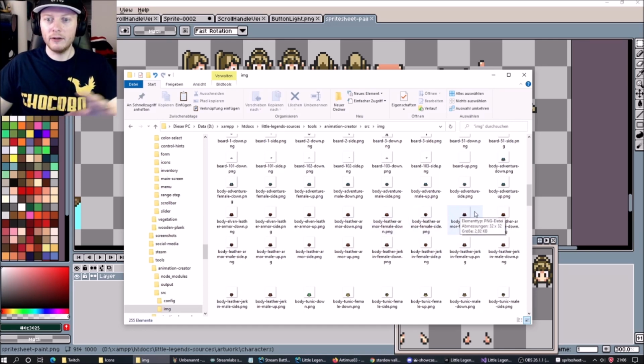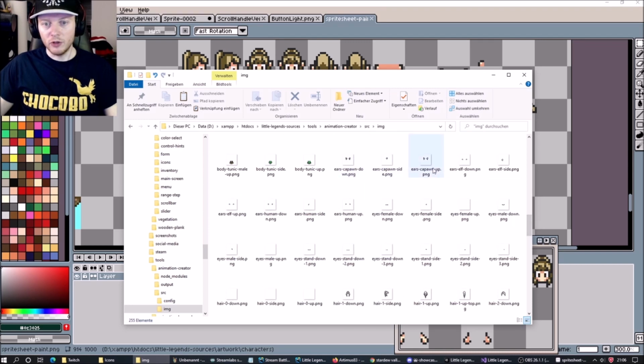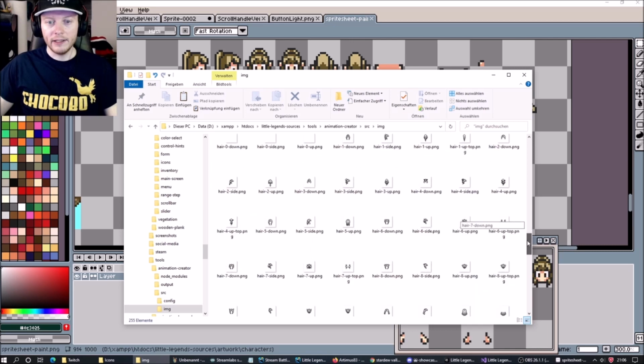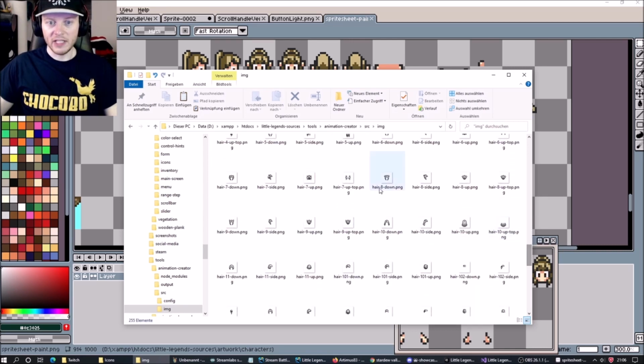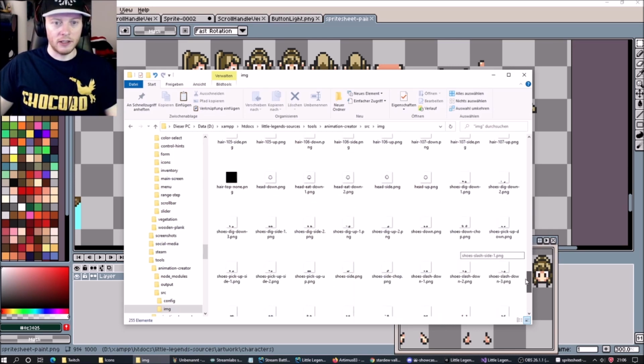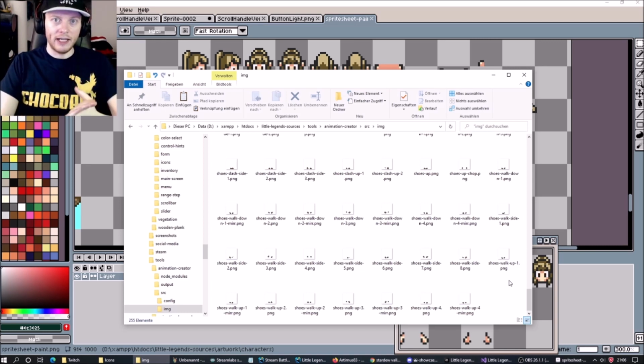But we also have the ears, for example, then we have the eyes, and what can be seen a little bit better here is the hairstyles. Some of the hairstyles also use a second layer. After that, we have the different hats that can be recolored, and as the last thing, the shoes that are combined with the bodies. So all of these together are combined by a configuration, and they result in animation sheets